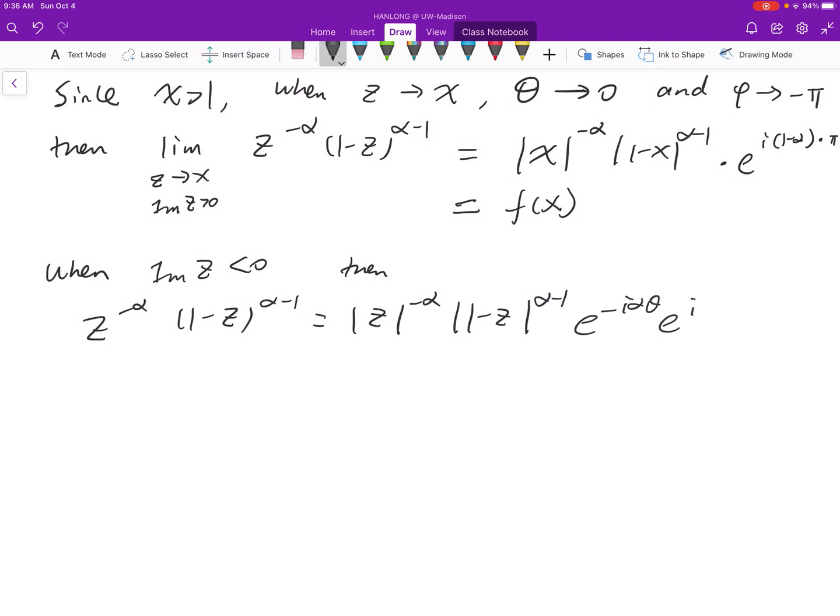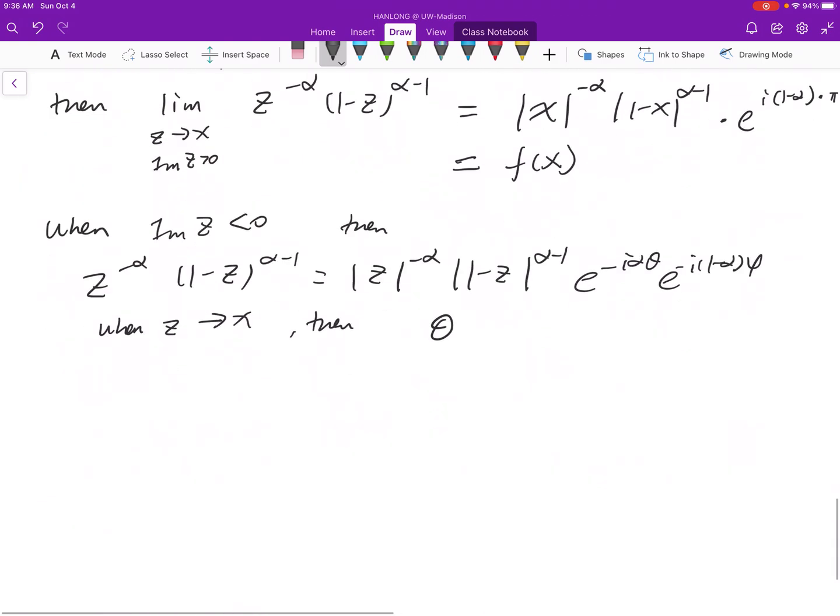The form is the same. And then when z goes to x, then theta. So now we have